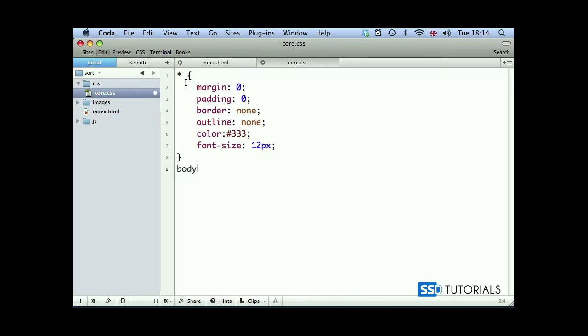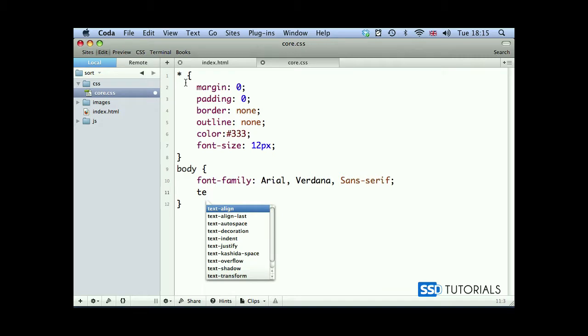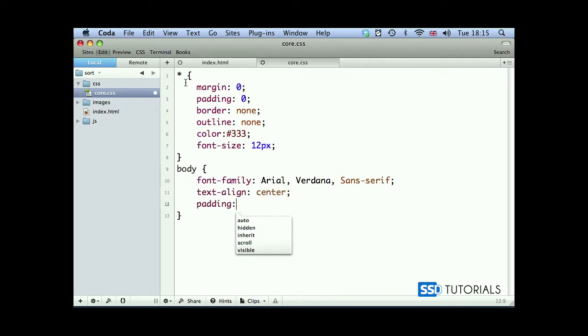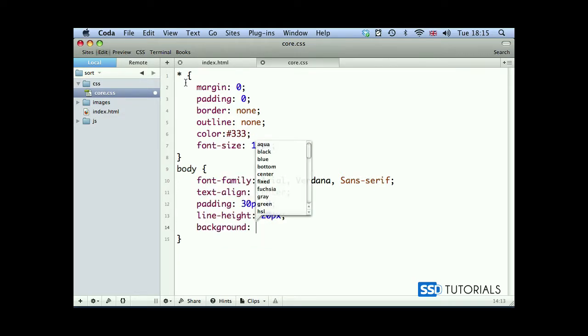Then we go for our body tag. We have font family, again Arial, Verdana, and sans serif. Then we have text align center, padding 30 from top and bottom, 0 left and right. Then we have line height at 20 pixels, and background, I want to have it as 172D3B. Okay, after our body tag,